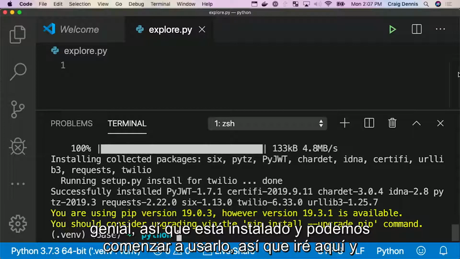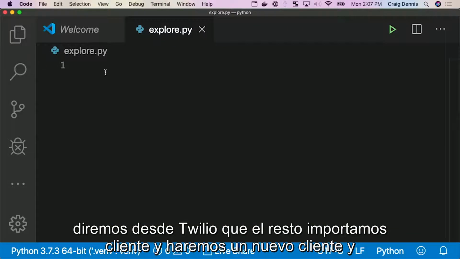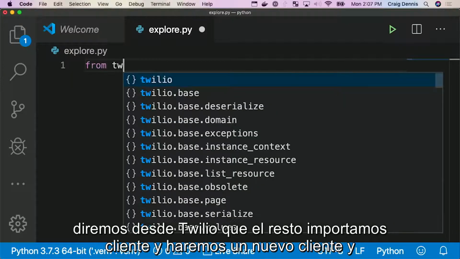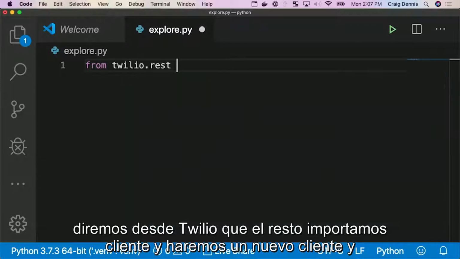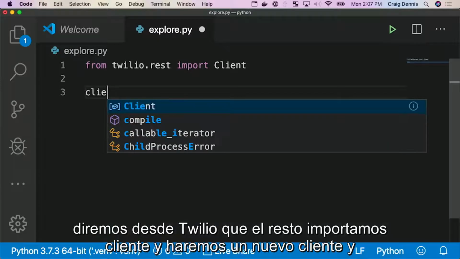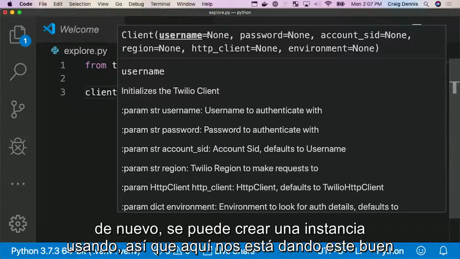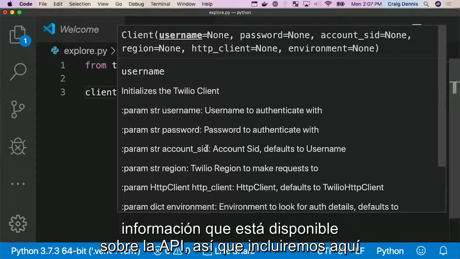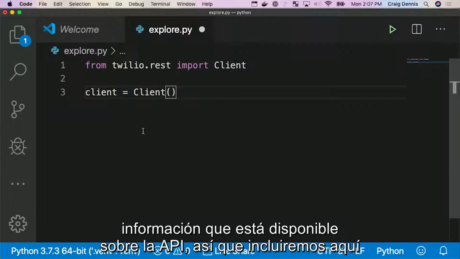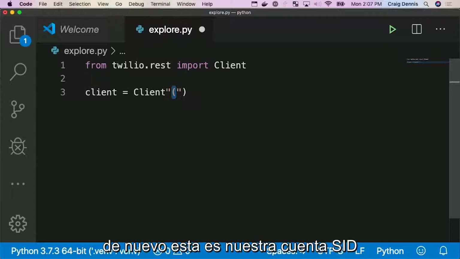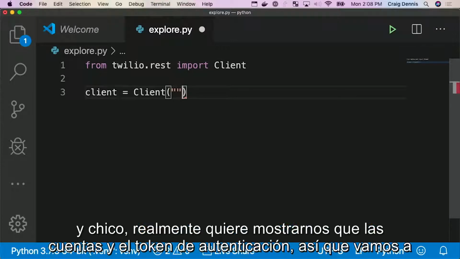So I'm going to go up here and we'll say from twilio.rest import client. And we'll make a new client. And again, it can be instantiated using, so here it's given us this nice information that's available about the API. So we'll put in here, again, this is our account SID. And boy, it really wants to show us that account SID and auth token.